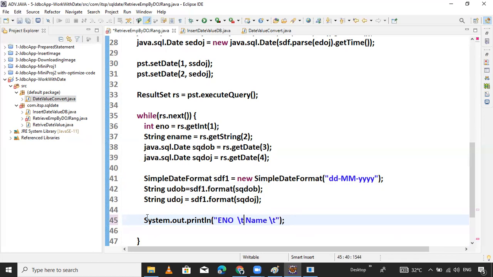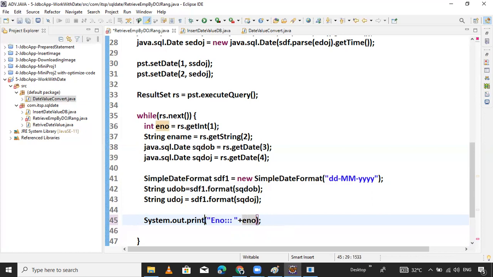Now, before printing, we will do some designing part. First, let me check whether our program execution is successful or not. Okay. So now, employee number equals, just print here ENO.